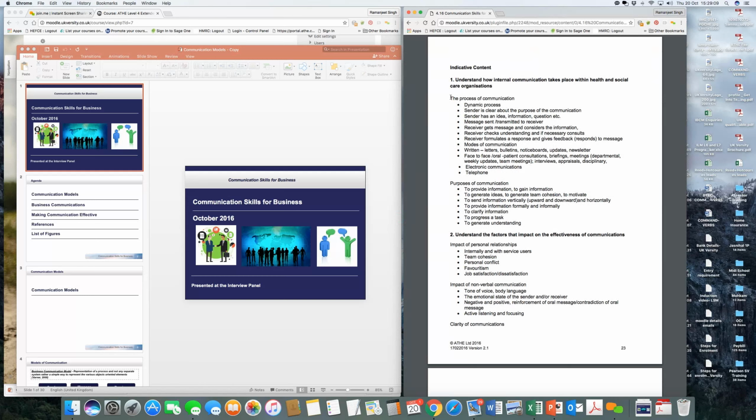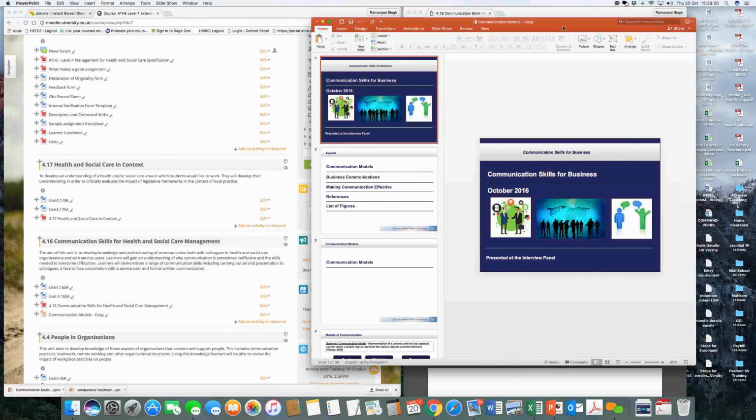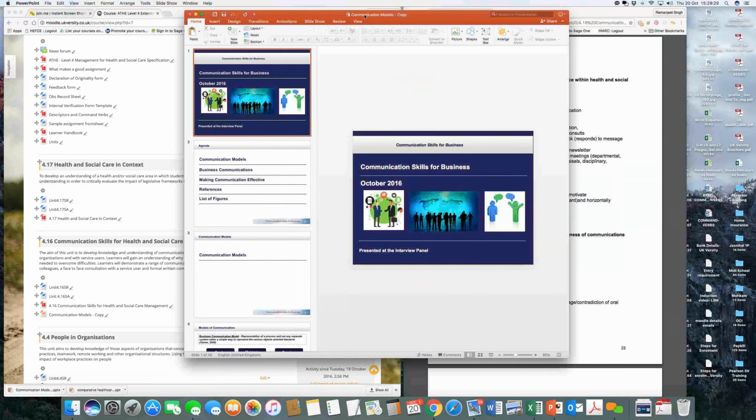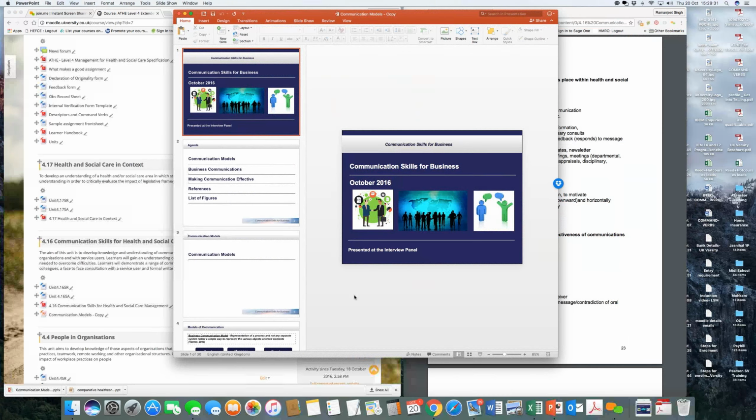So that is what we're going to look at today as the medium of the PowerPoint presentation, and I will take you through a few set of slides. A copy of this presentation is already available on the learner management system, as you can see on the screen. So you can download it and go through the presentation at a later stage as well. But what I'm going to do is just go along and take you through some of the key aspects of the communication